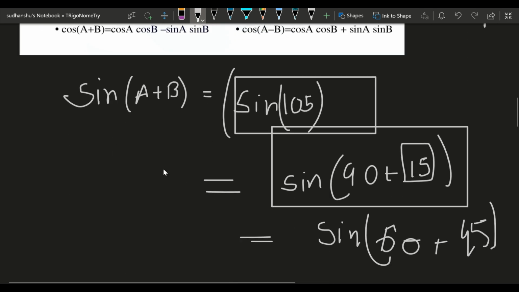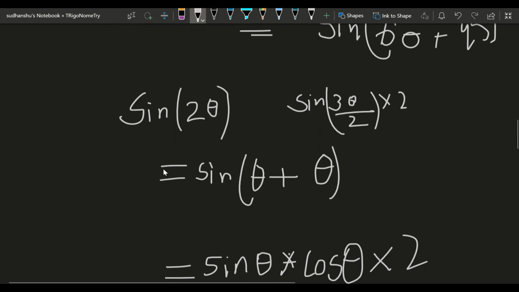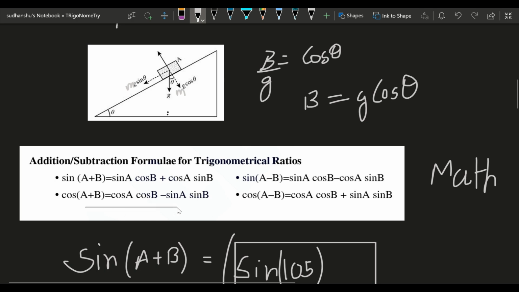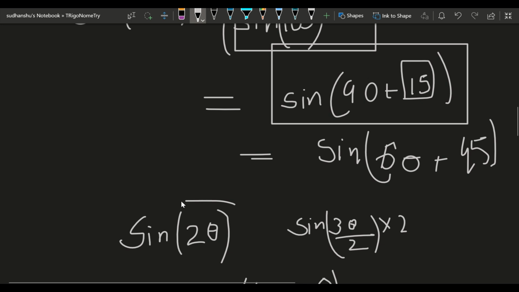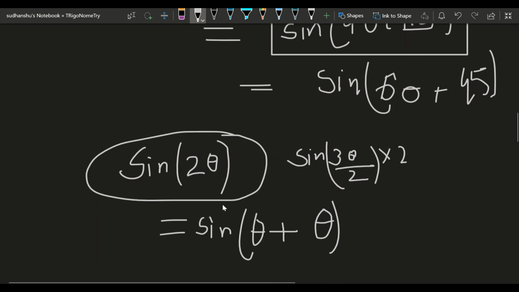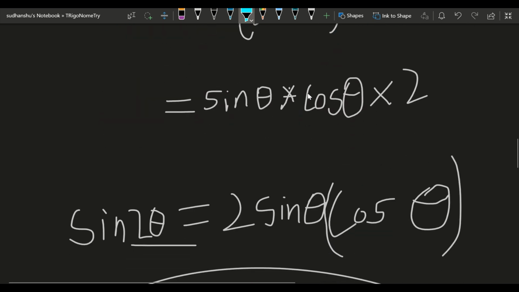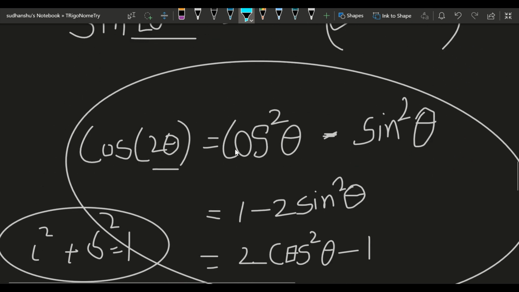For this lecture, this will be it, because there is quite some stuff you need to remember right now. First is this, the angle formulas. This formula you must remember. Second is the sine 2 theta and cos 2 theta formulas. Please remember them. These are very important formulas. This is going to come in very handy for you. And the third is this one. Please remember this cos 2 theta formula.